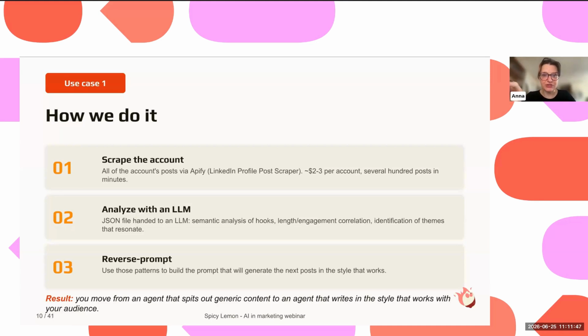This becomes really interesting because you can find deep correlations you wouldn't be able to find by hand. For instance, we have done this test for several clients now, but for the very first one, he was an influencer who posted a lot.